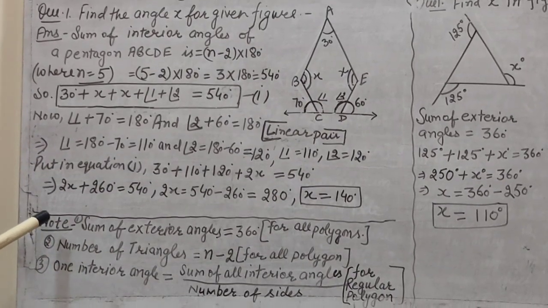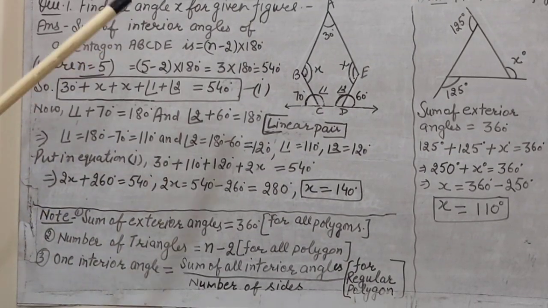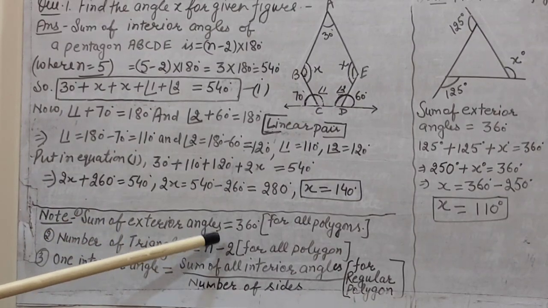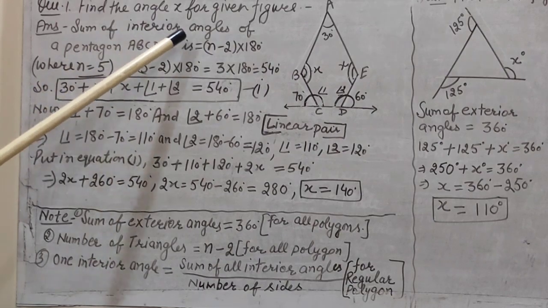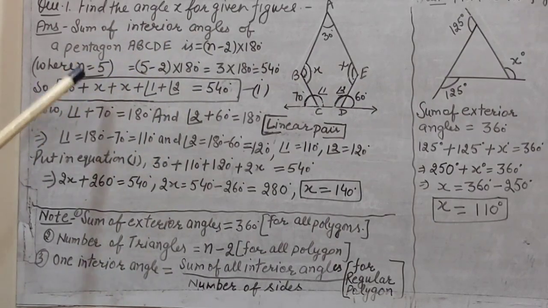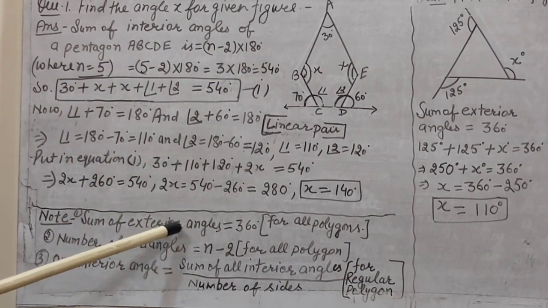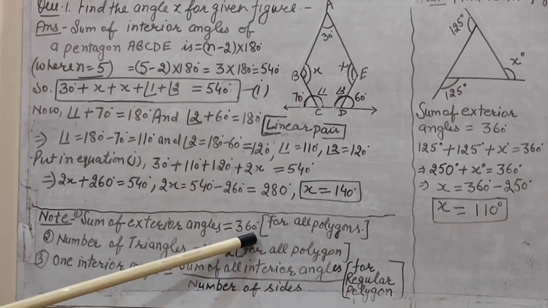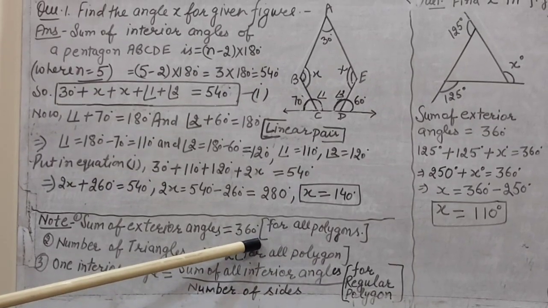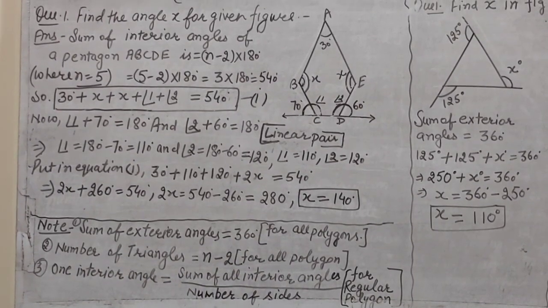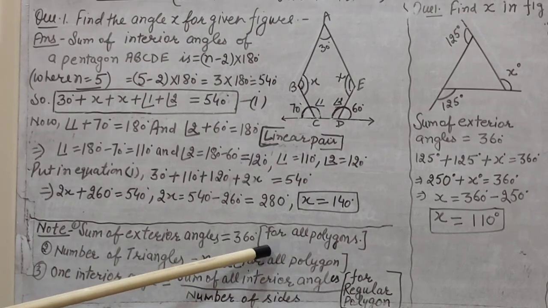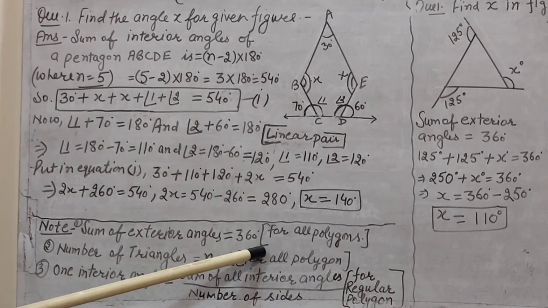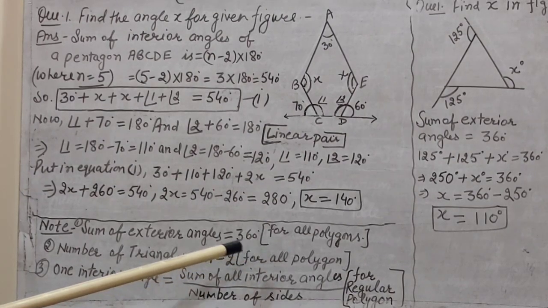Now come towards the next property of understanding quadrilateral. Sum of exterior angle. Previously we have done sum of interior angles of all the polygons. Now sum of exterior angle for all the polygon is equal to 360 degree. You must remember there is no formula to find out this angle. This you remember as the property. Sum of exterior angle of all the polygon is equal to 360 degree.